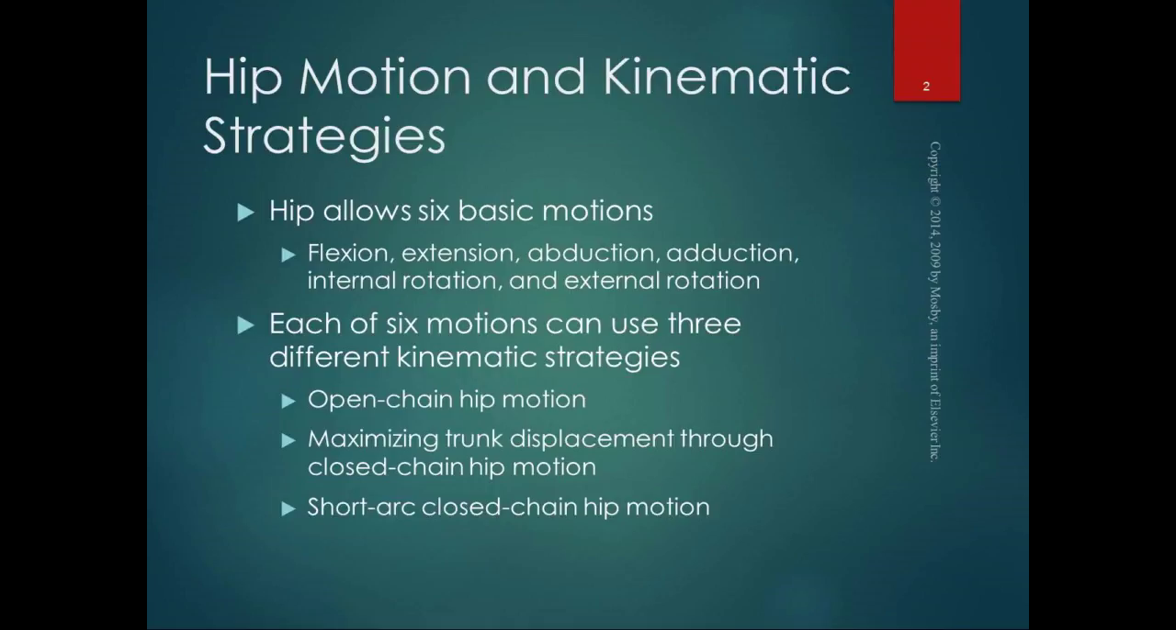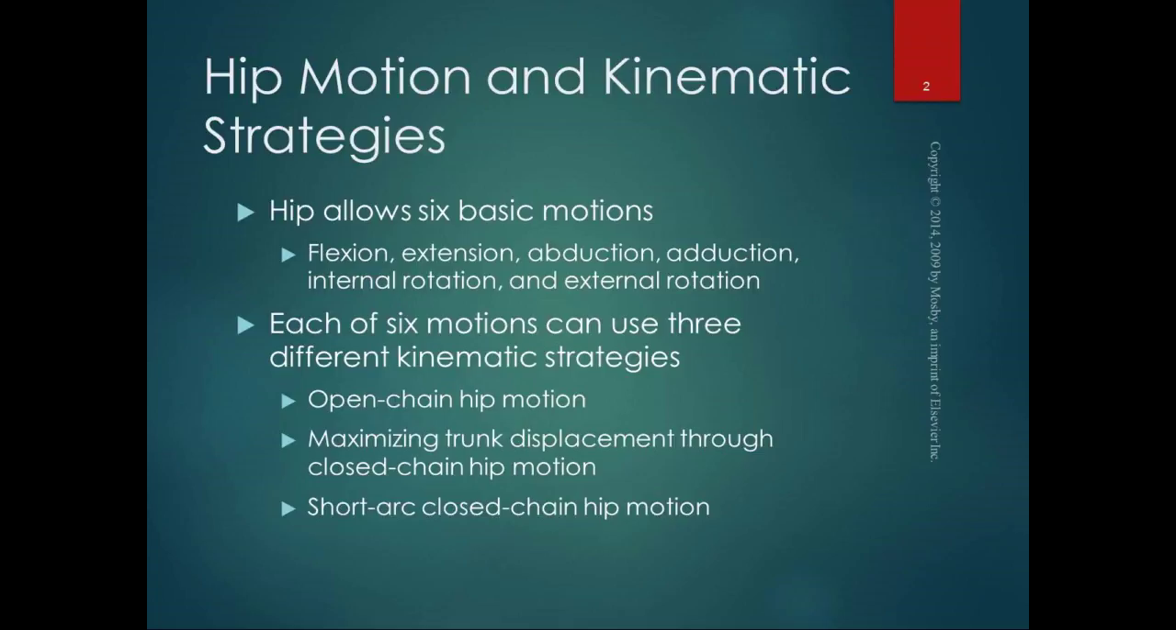So each of the 6 motions can use 3 different kinematic strategies. So open chain hip motion, and we'll talk about each of these. Maximizing trunk displacement through closed chain hip motion. So that would be like bending forward at your hips, if you want to think of hip flexion. And then there's also short arc closed chain hip motion. So the maximizing trunk displacement is long arc closed chain hip motion, and then there's short arc,